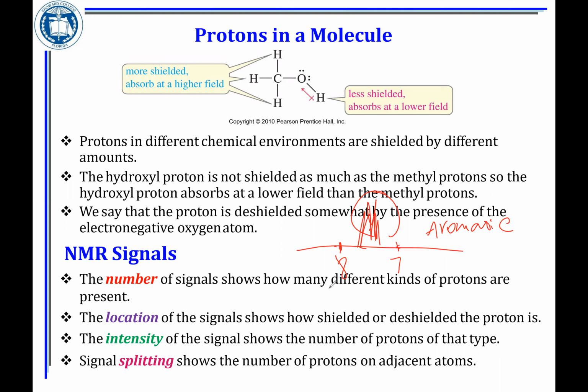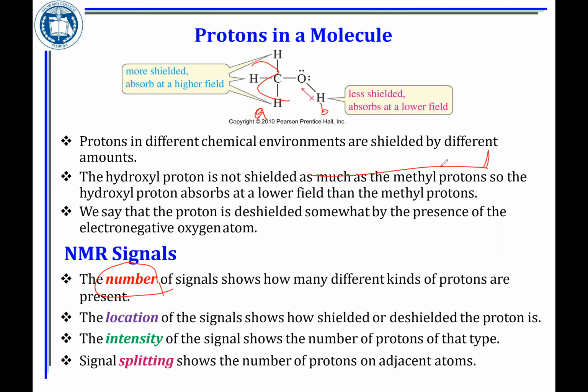Okay, what other information do you get from the NMR? Number of signals. The number of signals shows the different types of hydrogen. With the example of methanol that we have there, we have 2 types of hydrogen. If these are called hydrogen A, this would be hydrogen B. So we have 2 types of hydrogen. In an NMR spectrum, the TMS never counts. From 0 to 10, we will have a signal around 3.5